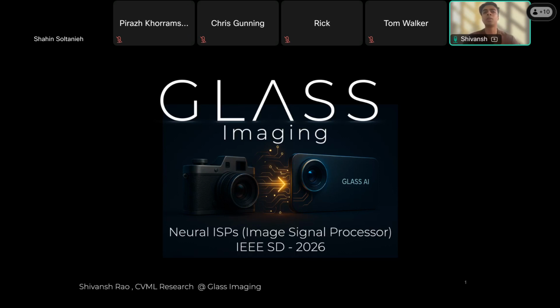While talking on that, I will share some details on image registration, image restoration, and how we use these techniques to push the boundary of consumer imaging. And one unique part of today's talk is that I like to talk about neural ISPs not just for smartphones, but branching out from smartphones to AR glasses, security cameras, drones, and beyond.